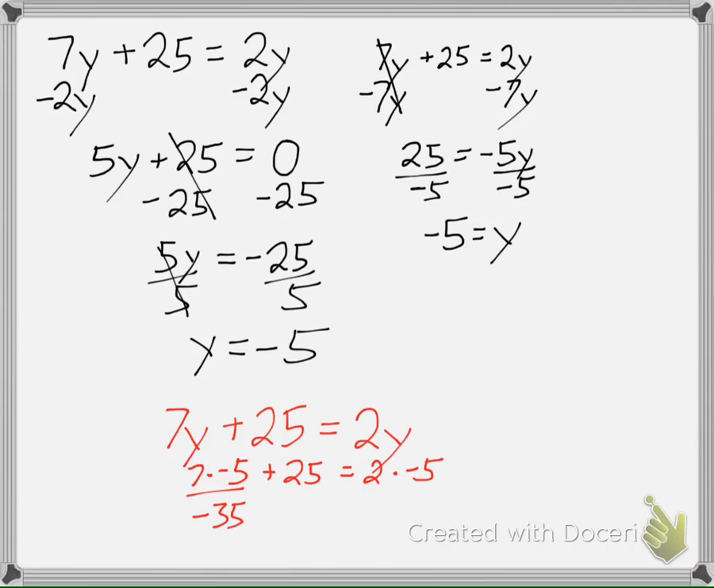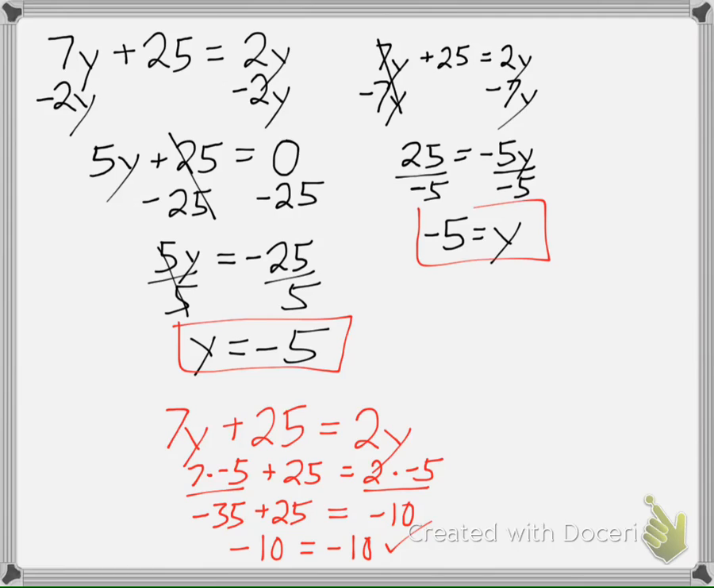-35 plus 25. And then multiplication over here, 2 times -5 is -10. And -35 plus 25 is -10. So I get, both sides do come out to be -10. They're equal to each other. So my solution, y equals -5, is correct,